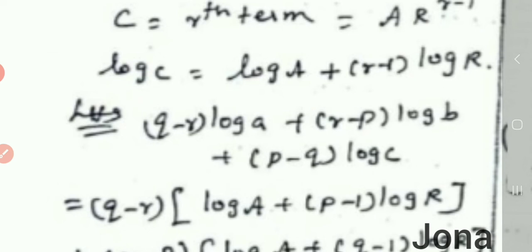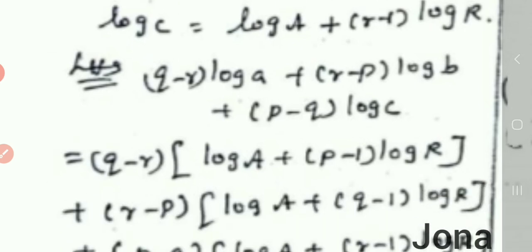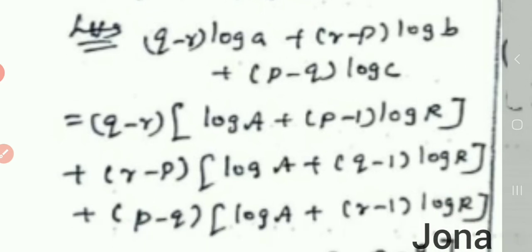Okay. Now I want to add all the things there. So the left hand side will become log a plus log b plus log c, isn't it? That is given in the problem. The left hand side is q minus r into log a plus r minus p into log b plus p minus q into log c. This is the given problem here. So now here I want to